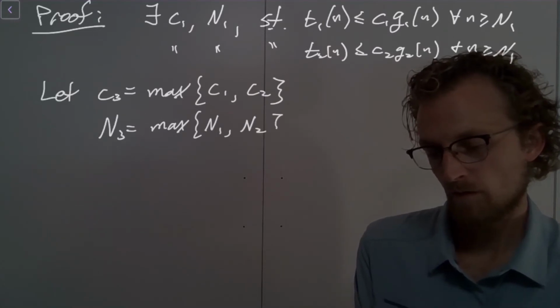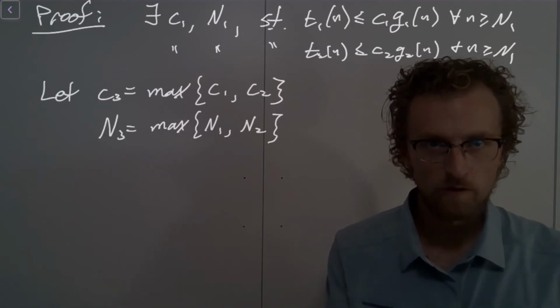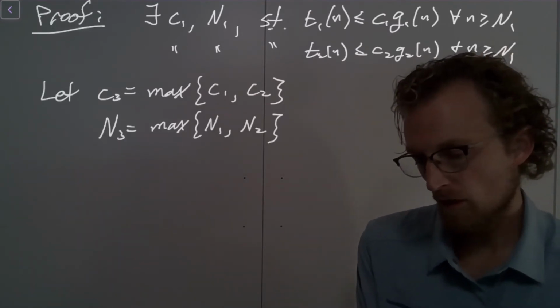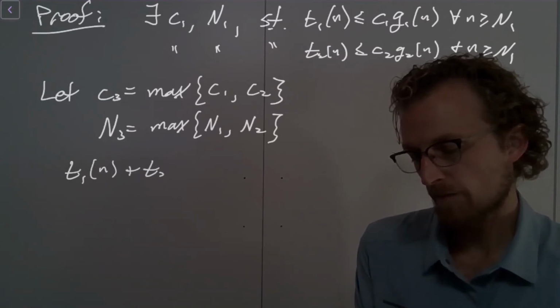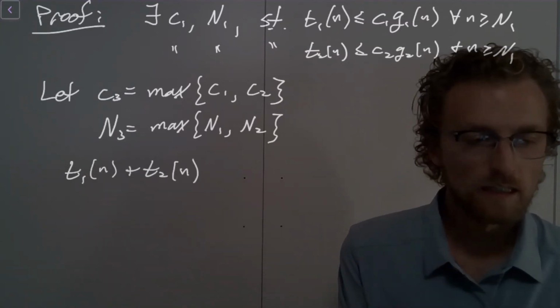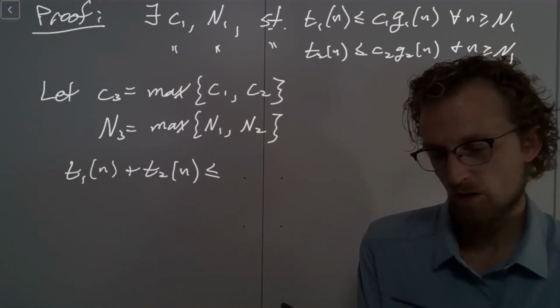And n2, right? So we're just picking the bigger ones of all of these, right? So we're being conservative. We're making sure we don't miss anything. So then what do I have? Well, I have t1 of n plus t2 of n is less than or equal to what? Well, I know,